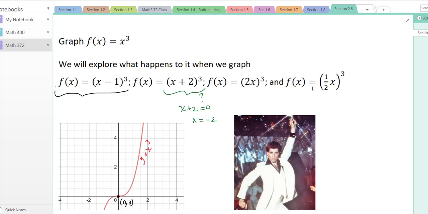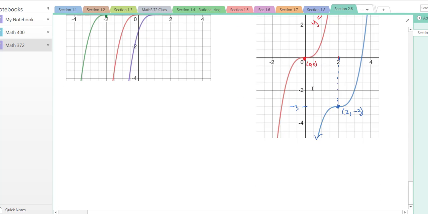Let me write it out. If you have f of x equals (2x) cubed, once you cube this out, this is 2 cubed and x cubed. So 2 cubed is 8 and then x cubed. So now that looks like a vertical